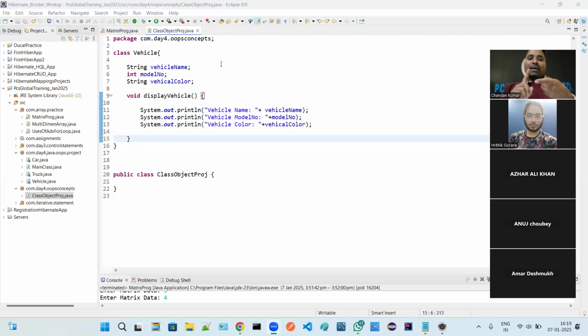What are those properties? Bank will have bank name, bank branch, bank city, bank country. Bank will have what? Branch ID. Bank will have email. Bank will have many things. These are the properties of bank, right? Bank name, bank city, bank country, and bank ID. Getting my point or not?